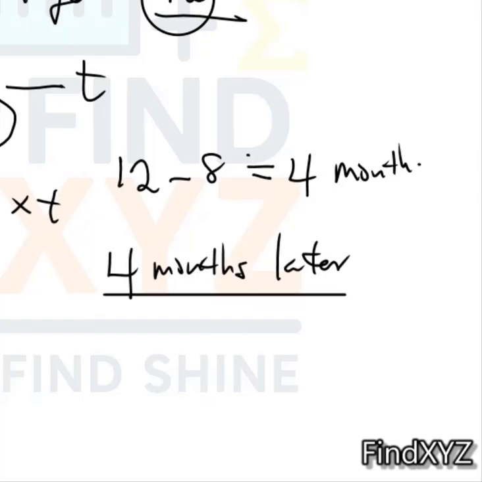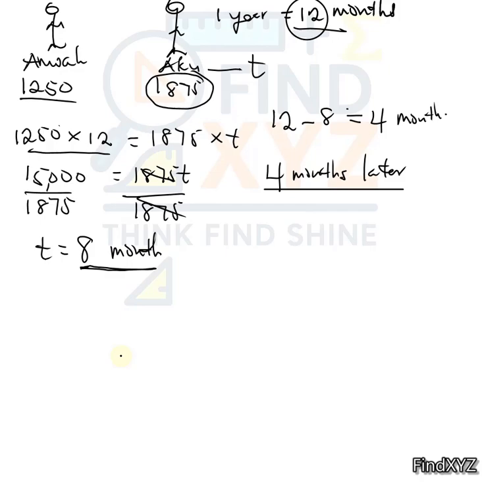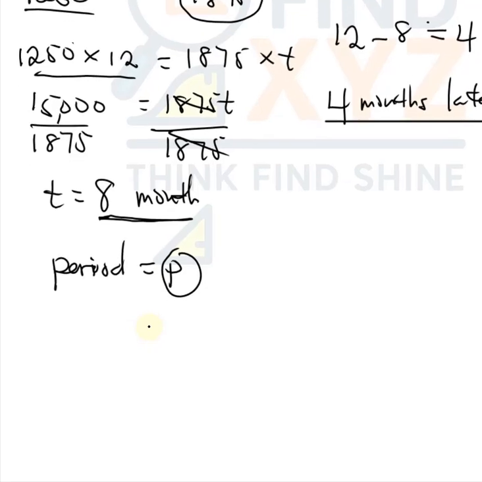Is there another way we can solve this problem? Yes. So we are going to solve this problem in another way. So this is what I'm going to do. I'm going to represent whatever we are finding with a variable. So let's say the period in which he joined is equal to P. The same format, but I'm going to introduce P as the period in which Aku joined the business. Same way, profit is the capital times the time. So the same way, Amoah's capital is